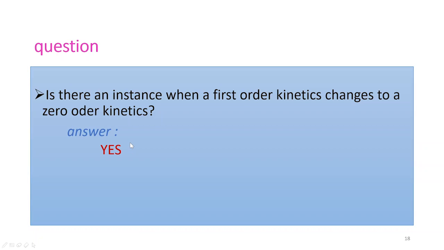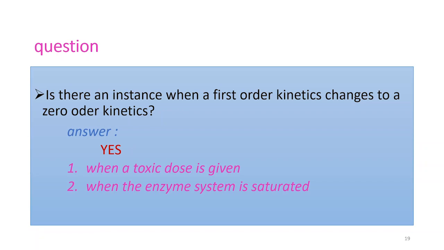There are two most common instances. When a toxic dose is given. So, if we give a toxic dose to a patient, then even though the drug is first order kinetics, it will change to become zero order kinetics or zero order elimination. Another instance is when the enzyme system is saturated. Okay, so these are the two instances that would make a drug change from first order kinetics to zero order kinetics. Okay,